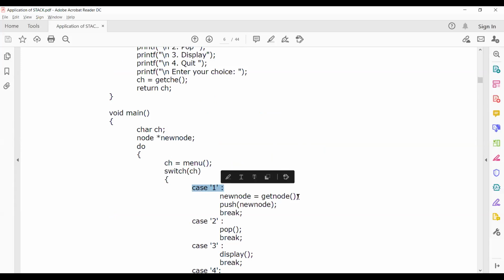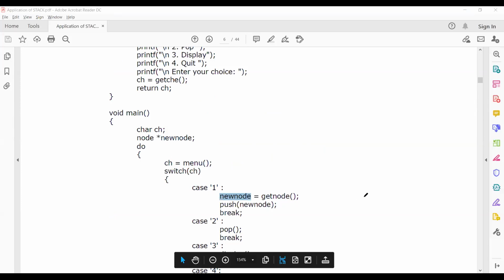You know, the get node function will create a node. While creating the node, it assigns the value, the information part, whatever you are getting from the user, 50, 100, whatever, and null will be assigned to the next field. This node's address is stored in new node. That is what is shown here.